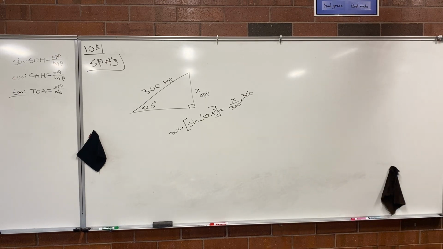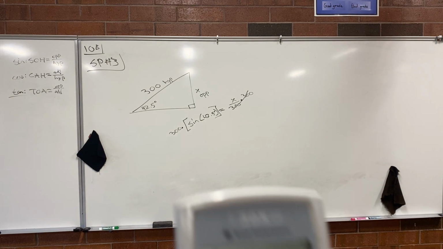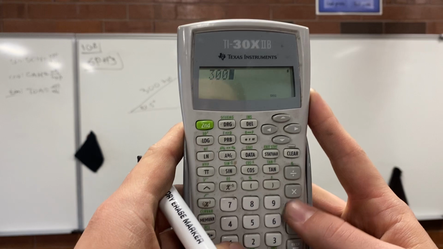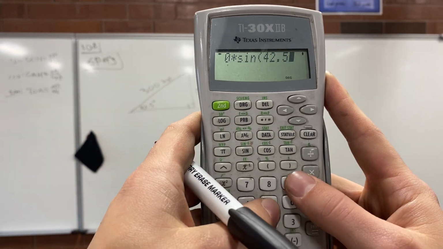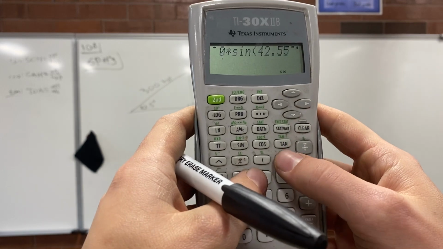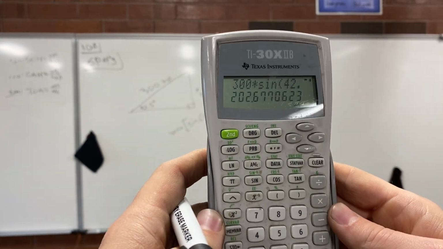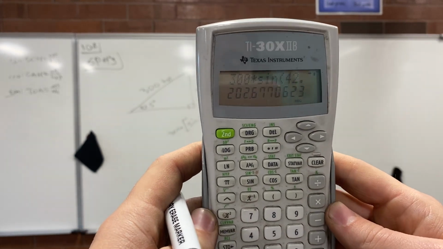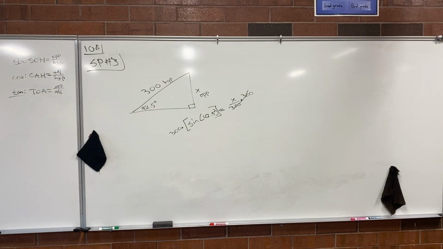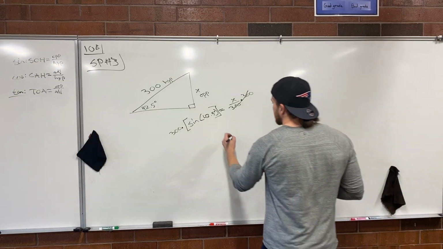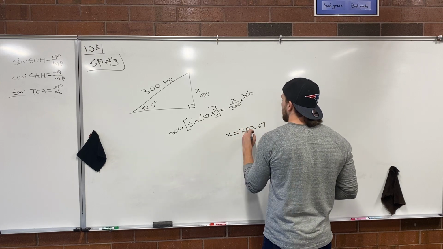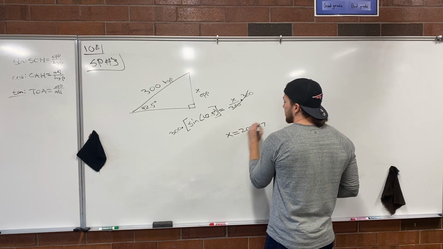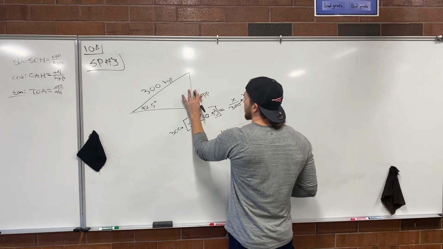So I can do it all in my calculator like that. I can do 300 times sine of 42.5. And I press enter. And that gives me 202.67. I think this was feet. So that's going to go right here,